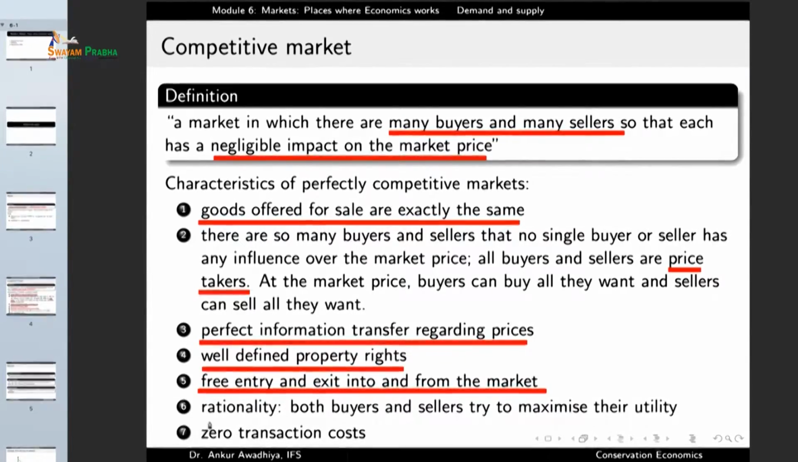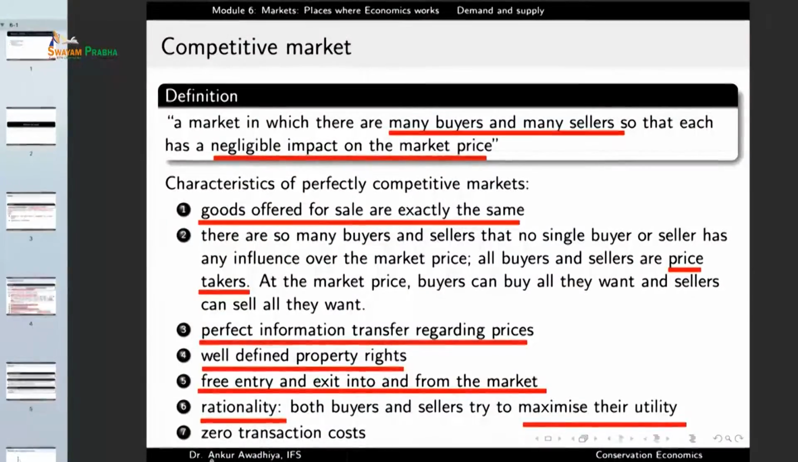Then it assumes that there is rationality. Both the buyers and the sellers are trying to maximize their utility. We have seen before as well that economics assumes that everybody is a rational decision maker. And in the case of a perfectly competitive market, we assume that everybody is a rational thinker, the buyers as well as the sellers. Both are acting to maximize their utility, they are trying to maximize their welfare. And then there are zero transaction costs,